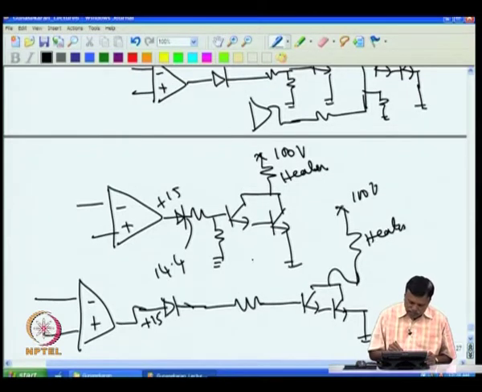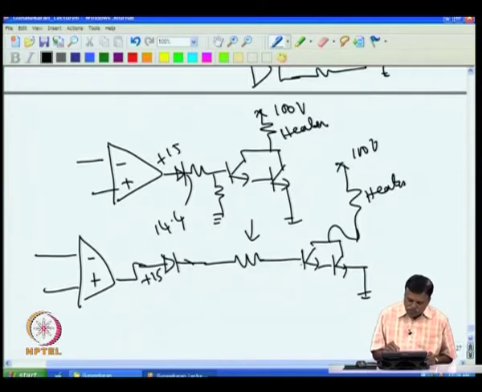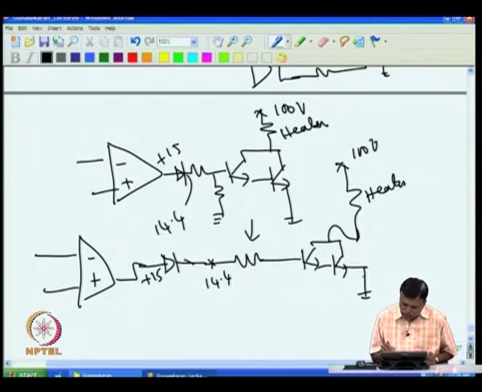Without this resistance, you should not connect the output directly to the transistor. If you connect, the transistor goes bad. Now, what happens because of this resistance? If I connect this resistance, now this point will come to 14.4, and we know that this cannot be